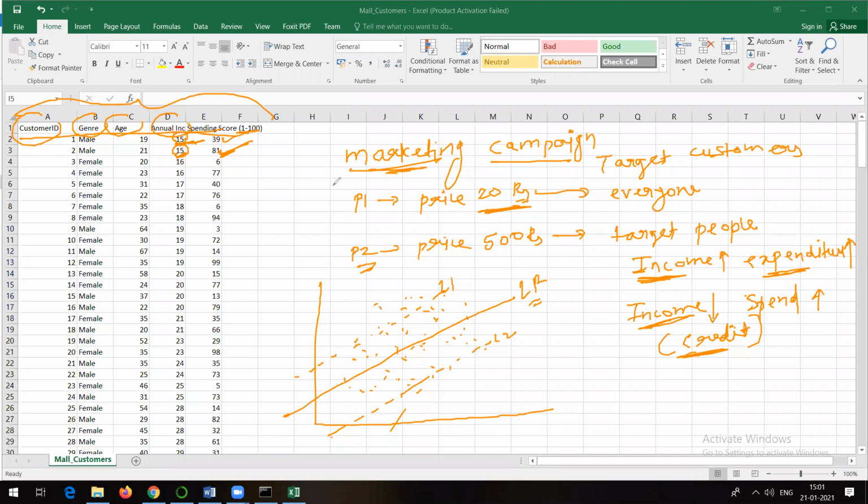So try to understand this particular data set which is given to us. In this data set, we have these columns: customer ID, gender, age, annual income, and spending score. It's not like the people whose annual income is higher will have a higher spending score. Even people whose annual income is not high can still have a high spending score, maybe because of facilities like credit cards. So we need to depend on all the values here, right?